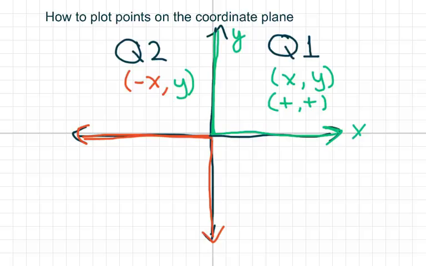So when I plot here, this would be positive 1, 2, 3, 4, and so on. On the negative side, and this is 0, this is your origin. We have negative 1, negative 2, negative 3, and so on. For the y, we go up to be positive 1, 2, 3, and so forth. And when you go down, it's negative from 0, and so forth. Okay? So when we go to quadrant 3,